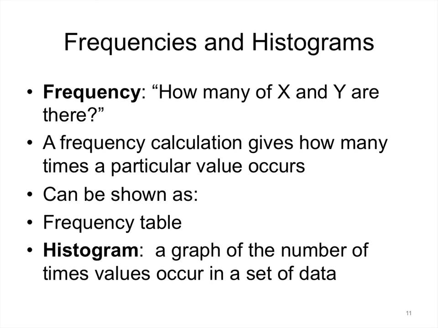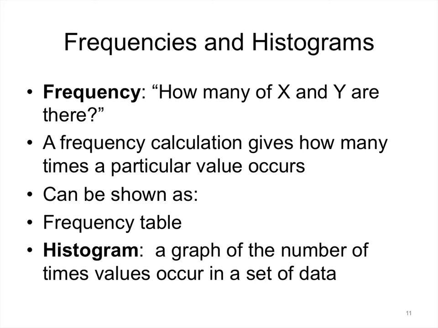Frequencies answer the question, how many of something is there? Recall that nominal data are things like names, labels, or categories of data. Examples of nominal data are patient names, genders such as male, female, and unknown, and marital status: married, single, divorced, widowed. Frequencies are primarily shown in a table format and also in a histogram, which looks like a column chart,